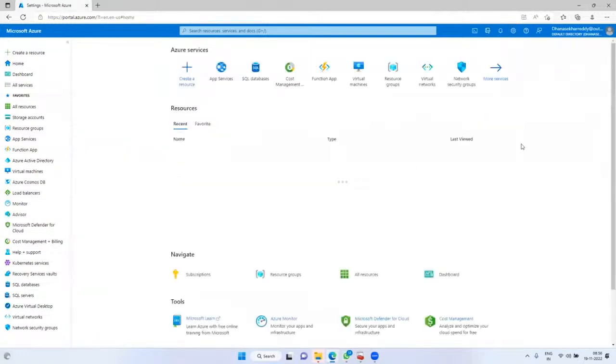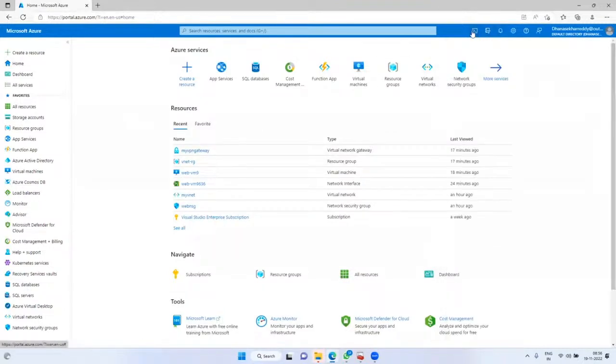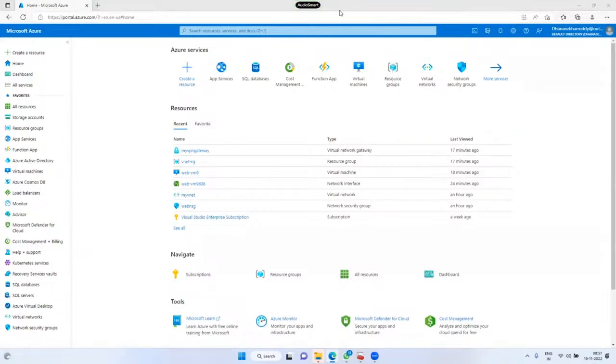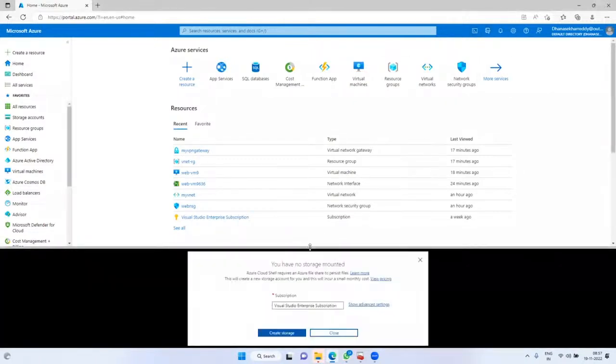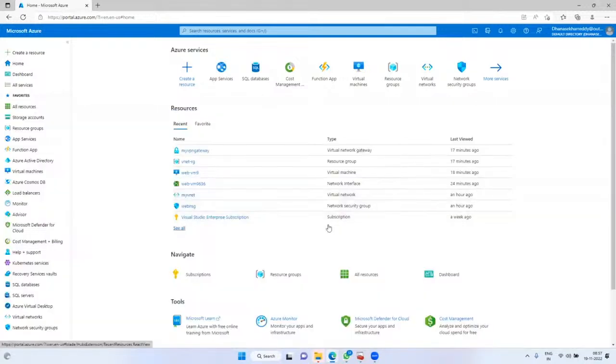Next, another important thing is the Cloud Shell. Cloud Shell means, if you would like to automate something, then we can write the script and automate it here. Click on it; half of the window it is occupying. Here you can write your scripting part and automate the services in Azure. Okay, that is great.